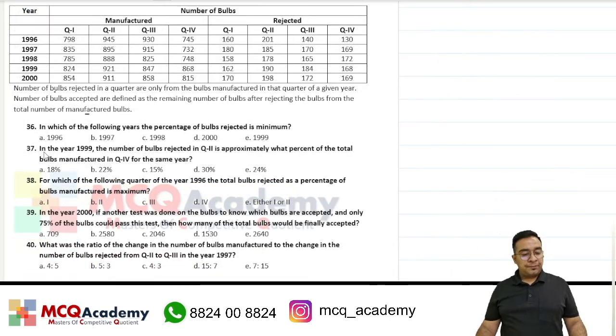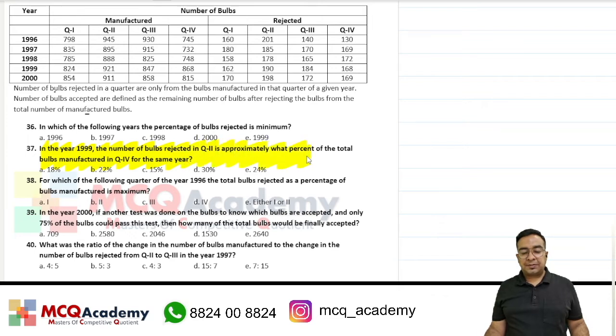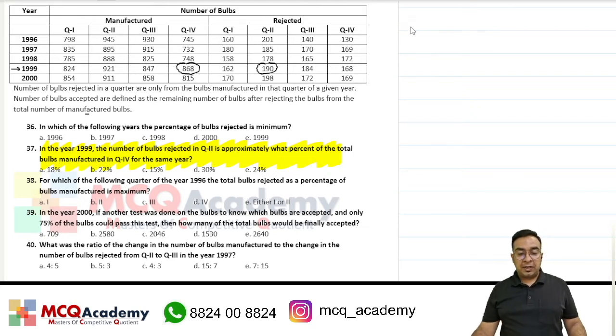Question number 37. In the year 1999, the number of bulbs rejected in quarter 2 is approximately what percentage of the total bulbs manufactured in quarter 4 for the same year? किस किस का कंपैरिजन करना है देखिए हमें यहाँ पे। फॉर द ईयर 1999 के अंदर क्वार्टर टू में रिजेक्टेड बल्ब्स, क्वार्टर टू के रिजेक्टेड बल्ब्स कितने हैं यहाँ पे? दिस इज इक्वल टू 190 is approximately what percentage of the total bulbs manufactured in quarter 4 for the same year? तो manufactured number of bulbs आपको दे रखे हैं 868।